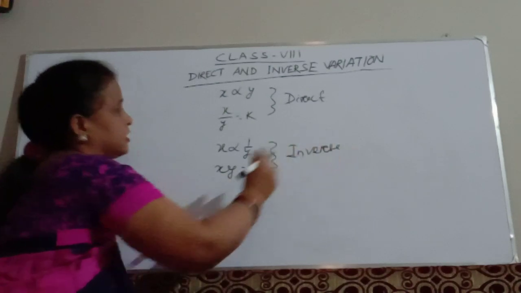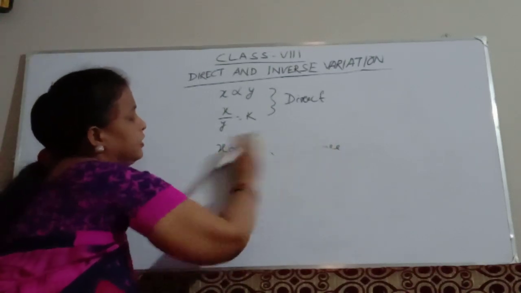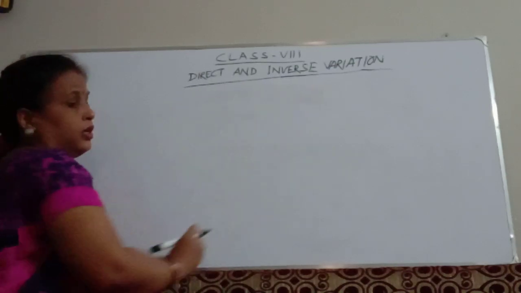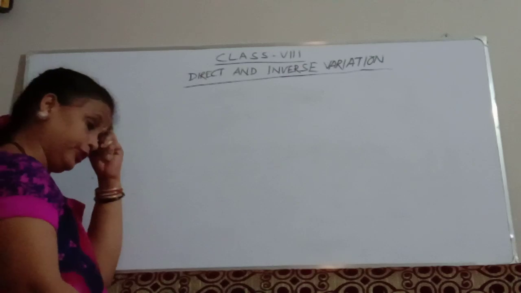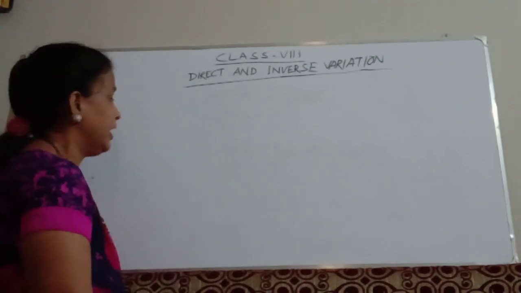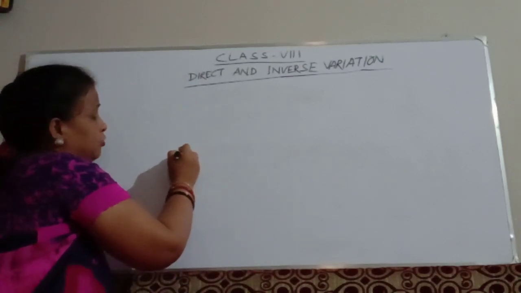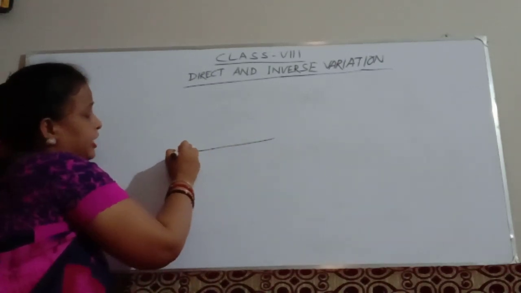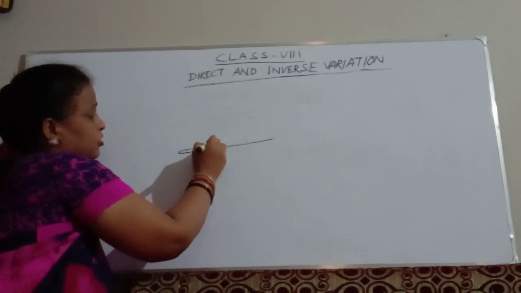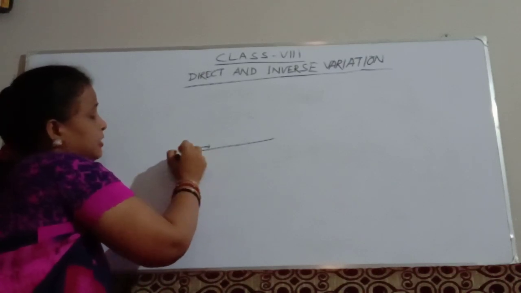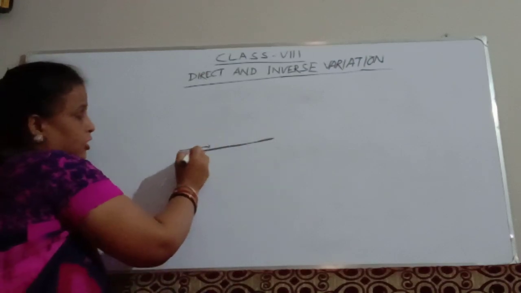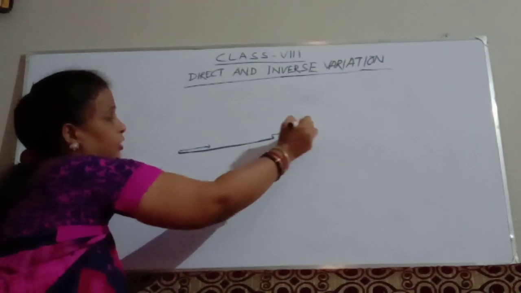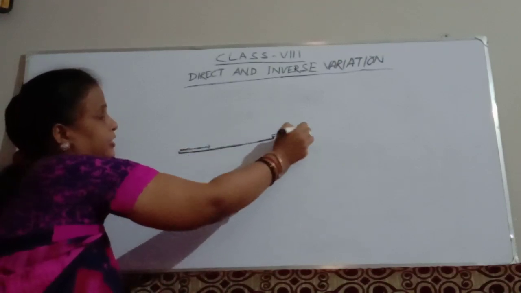So today we will discuss work, distance and time, and how they depend on each other. Suppose a train is passing through a bridge. A bridge is here. Whenever a train passes through, it crosses its own length plus the length of the bridge. After some time, it passes through here. This is the way it will cross.